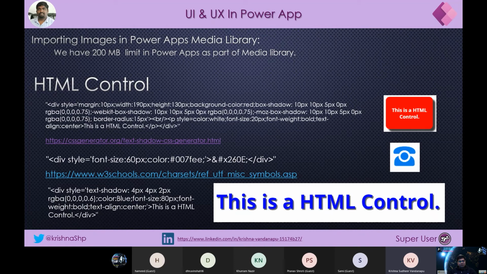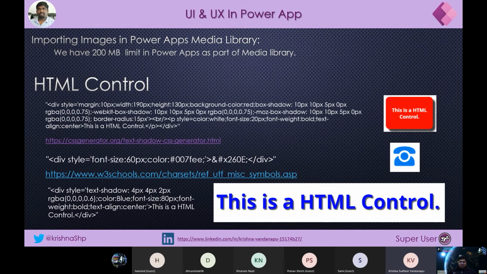Even now, I am within the cap of 200 MB. But imagine Power Up is not meant for only web users. We are targeting the app to be used by mobile users as extensively, because Power Up is meant for mobility. Imagine if I had to load 100 images at the app level, my app is getting heavyweight and I am sucking my users' internet bandwidth. If we are running on mobile data, I am sucking 100 MB straight away just to load the images, which is a bad practice.